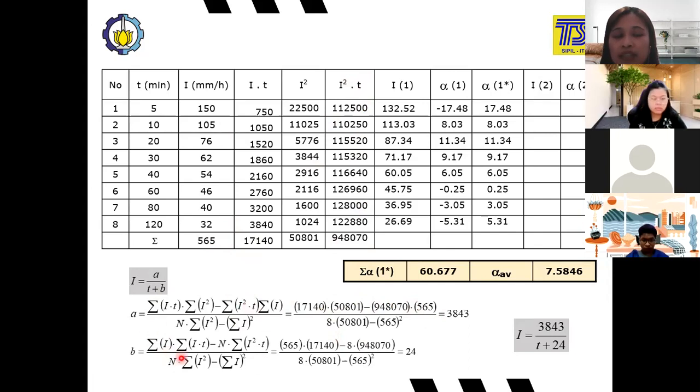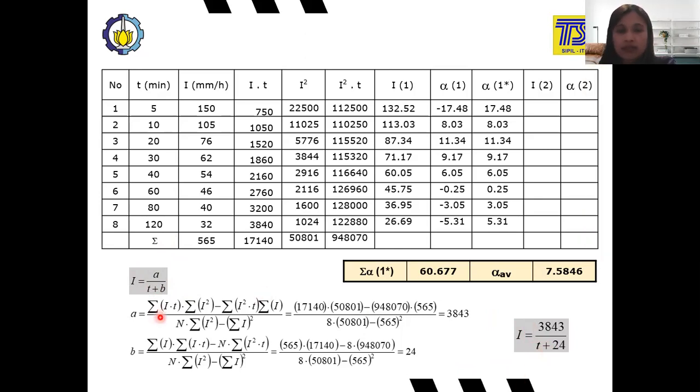And yeah, using this equation, we got the constants A and B. Then we can use this equation, I equals A divided by T plus B, where A is 3,843 and B is 24, and then we got the equation for rainfall intensity. After that, we can use the rainfall intensity equation here, using the T of